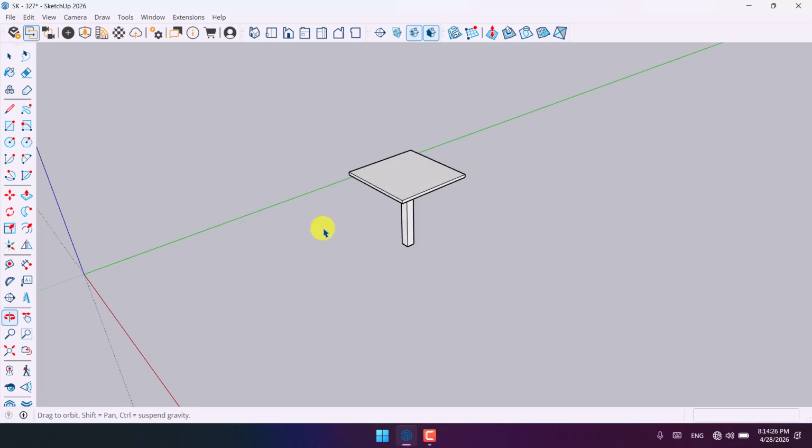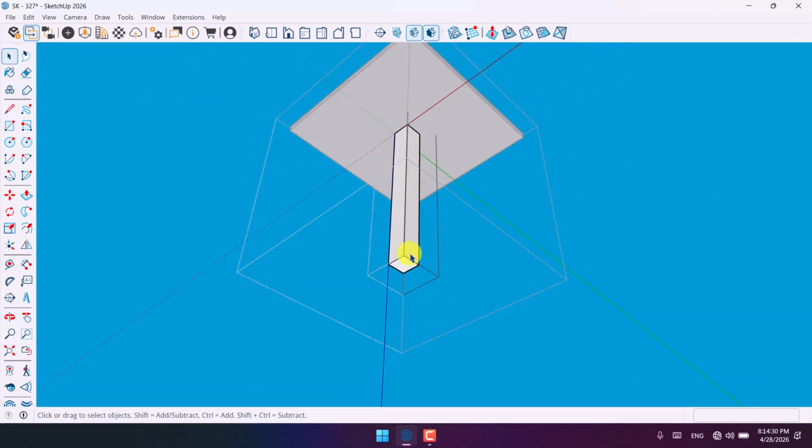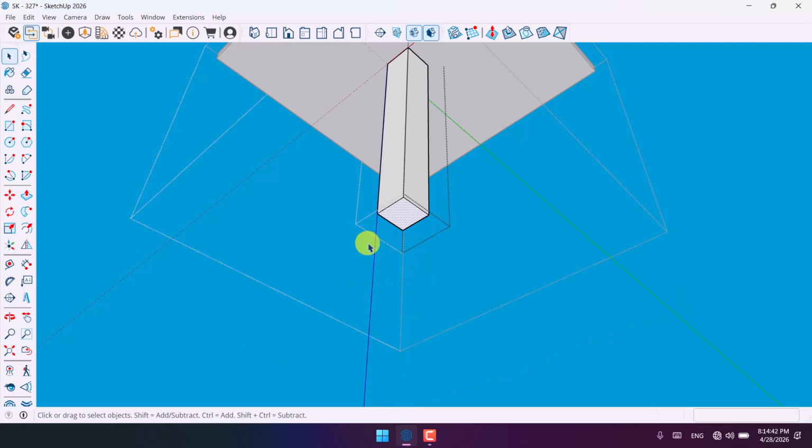Very simple and easy. For this reason, I'm going to click on it again, double click again, and now I can edit this component or group in here. So I'm going to deselect this face, select this face, click on the push or pull, push it upward about 16 centimeter. Now I'm going to click on the offset again and make new details for it,